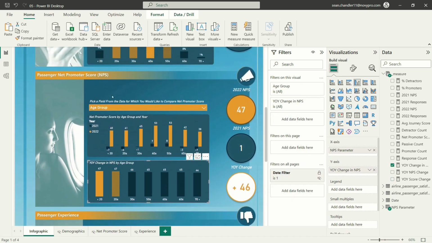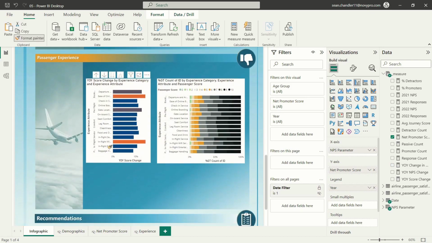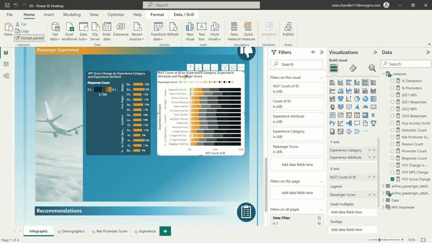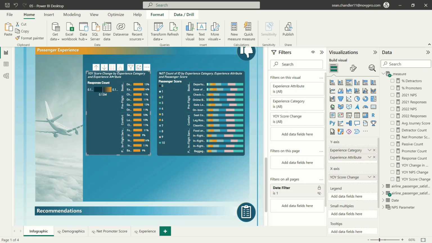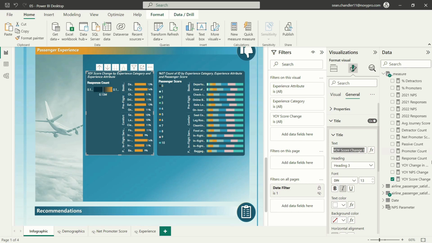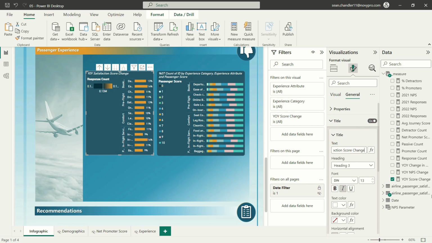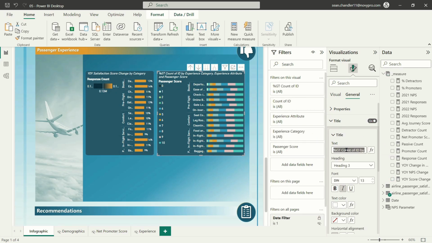And let's steal some formatting from one of our bar charts up here, and I'll copy this over to this chart. And now, of course, these are still pretty ugly, so we're going to have to give them another pass super fast. I'm going to make this a little bit larger here. Okay, and for this first bar chart, we're going to start with the title. What this is showing is year-over-year satisfaction score change by category. And this one is the distribution of scores